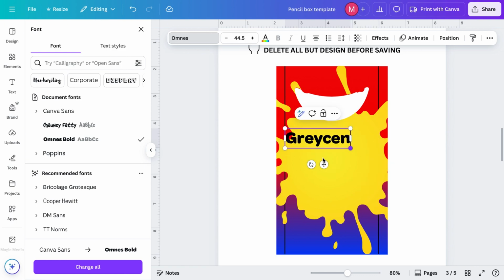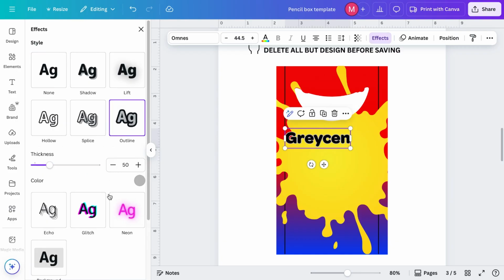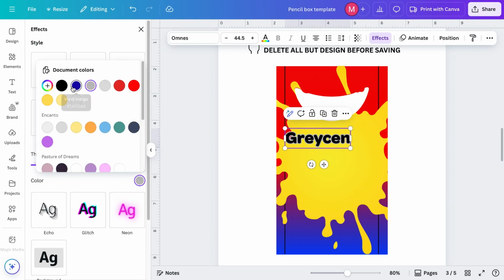So I'm going to change the size. I'm going to come to effects. I'm going to give it an outline. You can mess around with the thickness if you want something really thick. Then I'm going to go somewhere in between, and I think I'm going to do blue,